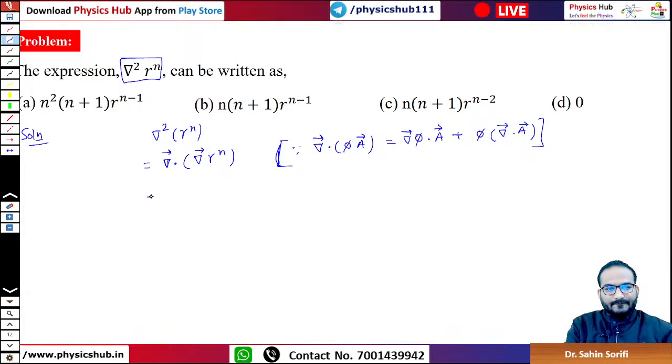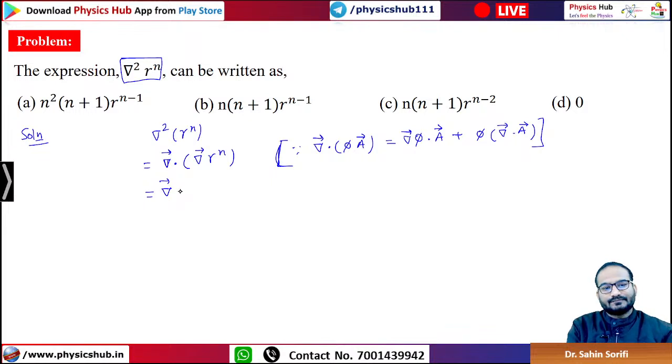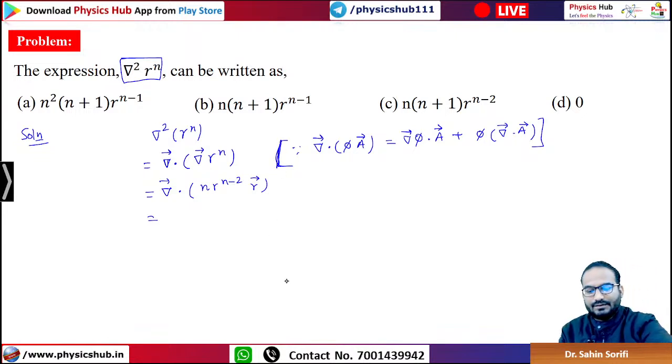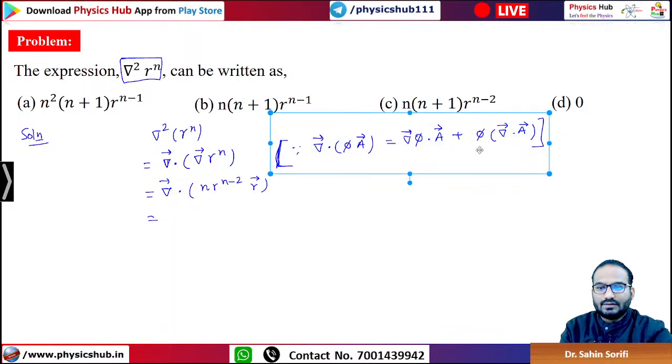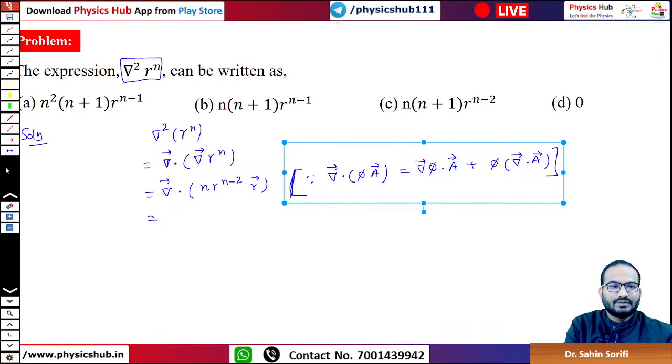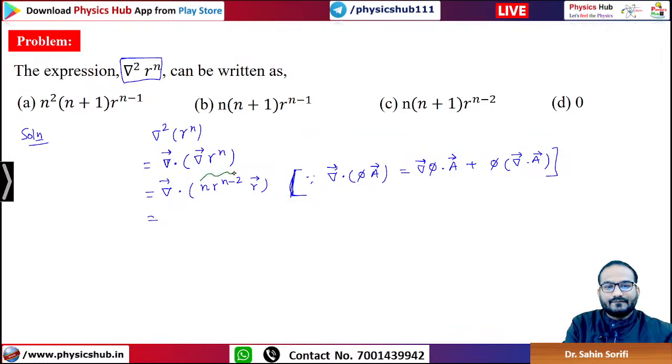And this becomes, you see, divergence of, and this result we have already derived in the last slide, n r to the power n minus 2 vector r. So let's directly put that value, n r to the power n minus 2 vector r. Now we can utilize this formula again. Basically this formula is useful. Now you can imagine that n r to the power n minus 2 is the scalar part phi, and this r is the vector a. So let's utilize this: grad phi dot a,